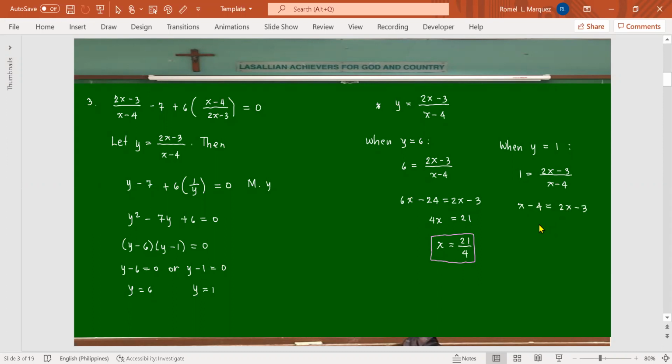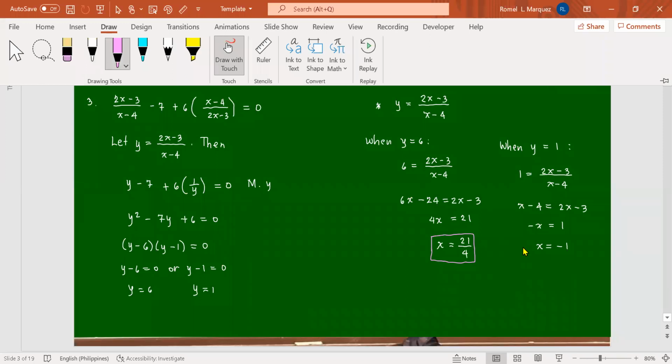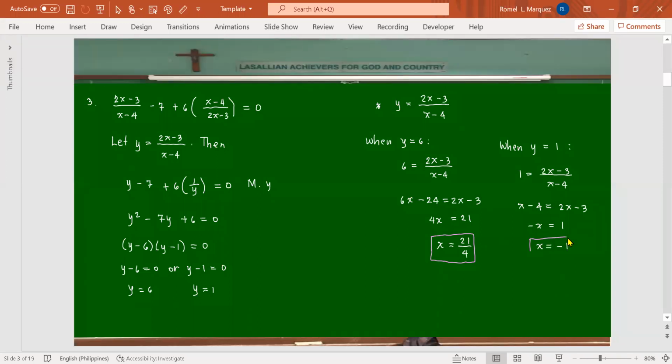Transposing necessary terms on the appropriate side, we have negative x on the left side, positive 1 on the right side. So what is x, guys? Negative 1. Okay? So we accept this value, no? Because it's not what we do not want. What we do not want is 3 halves. Is that clear,